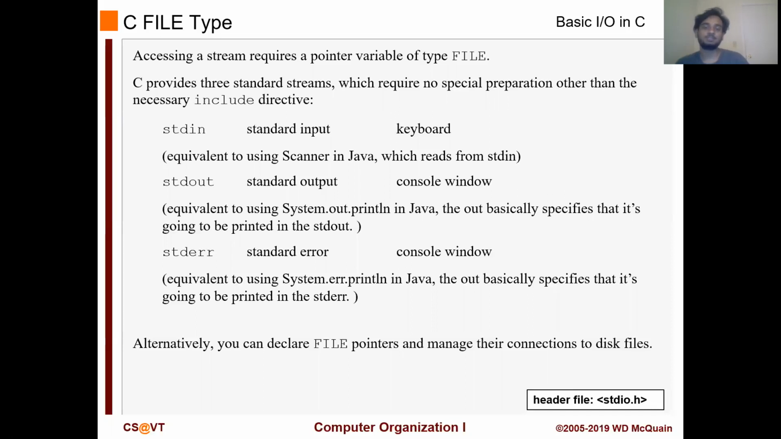Accessing a stream requires a pointer variable of type FILE. Okay, so